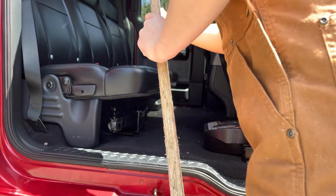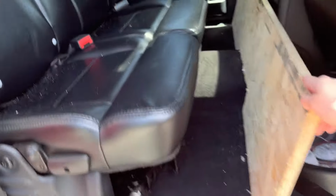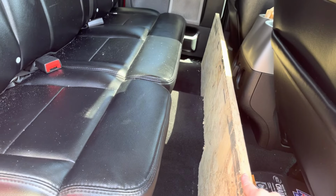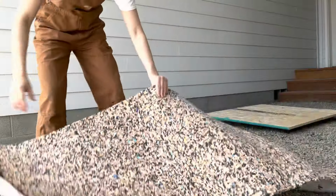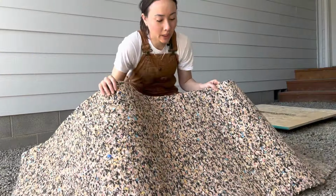And here I'm just testing to make sure that my measurements were correct, and they were. It was a perfect fit. We love to see it. Now on to cutting the